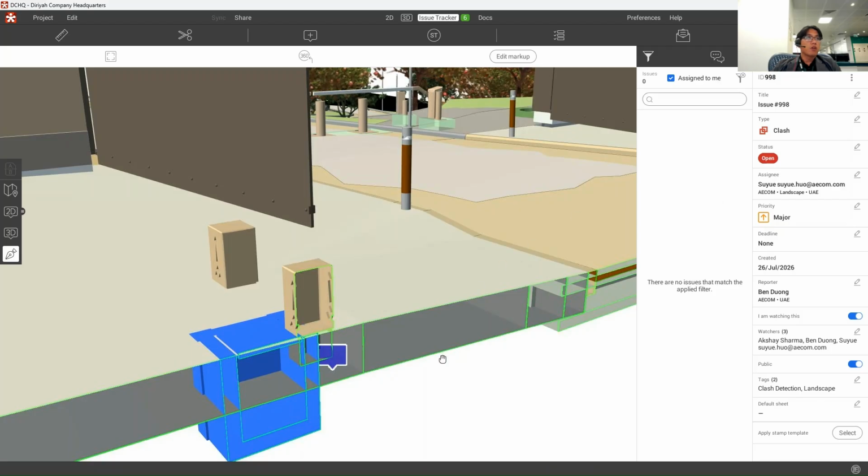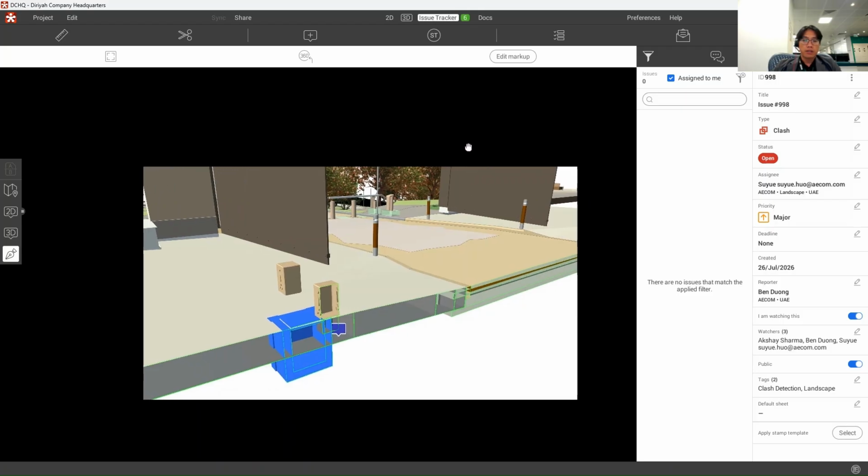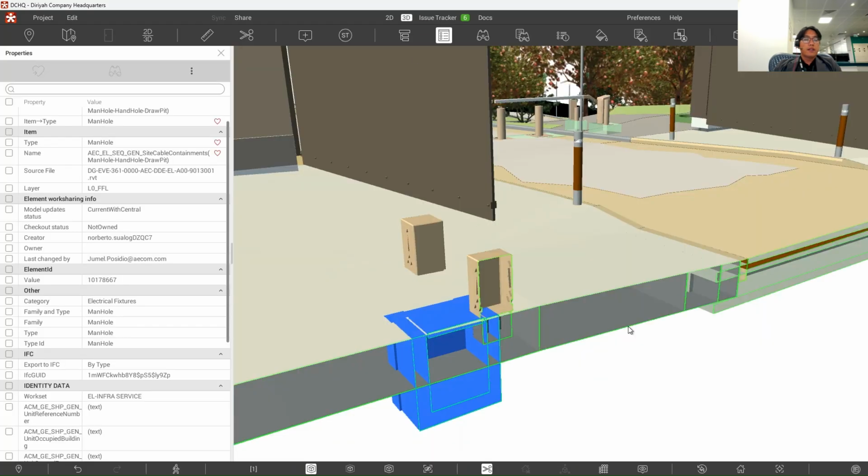And that's it. Now the clash will be recorded in the issue tracker here. And anytime we can arrange the meetings or calls with the persons related to this clash to come and have a quick meeting or quick call to define and find the solutions. This is one more case